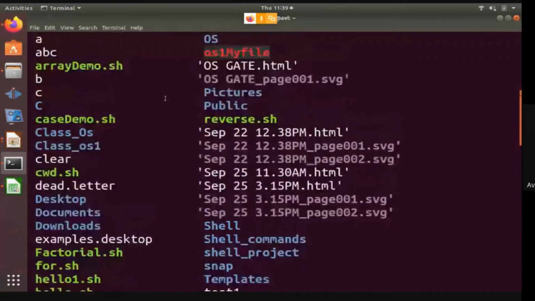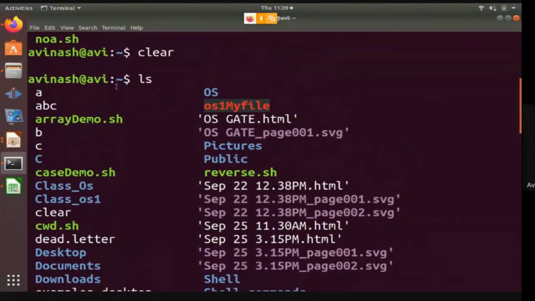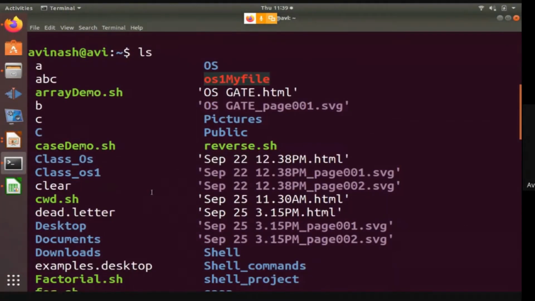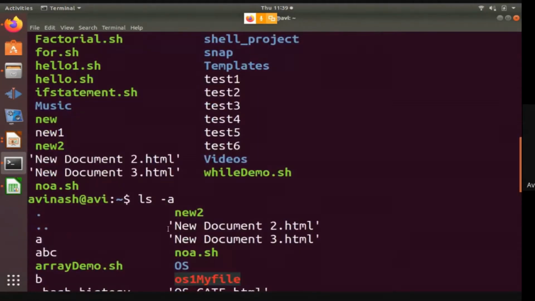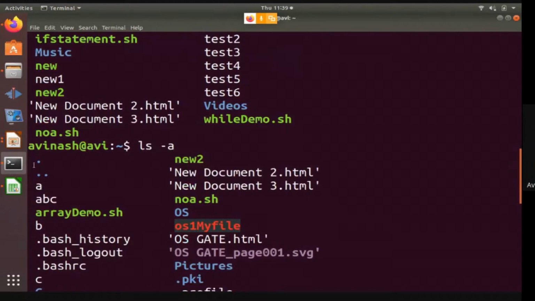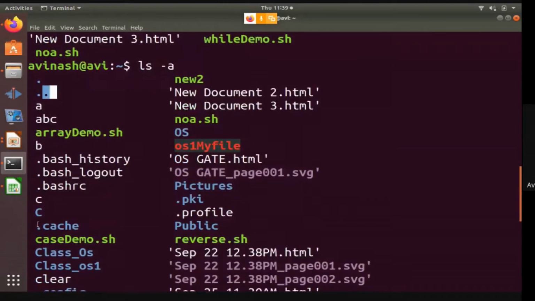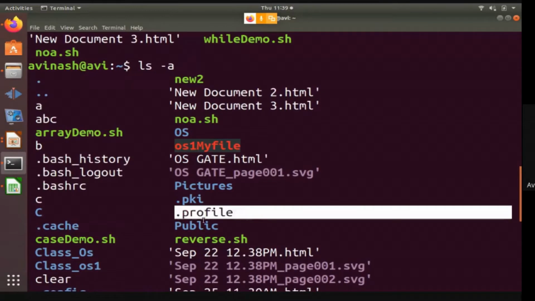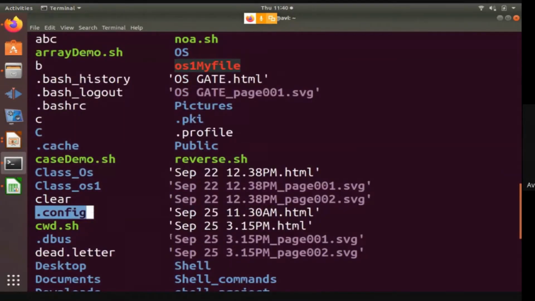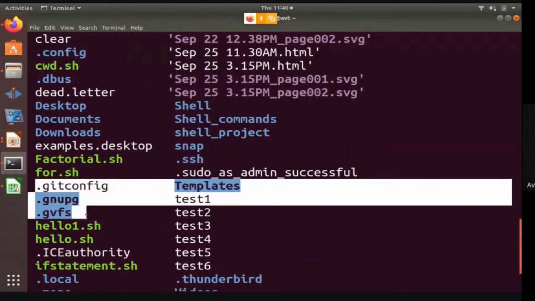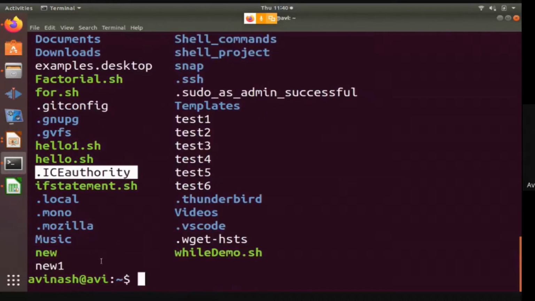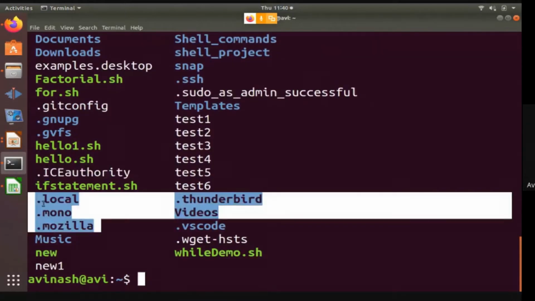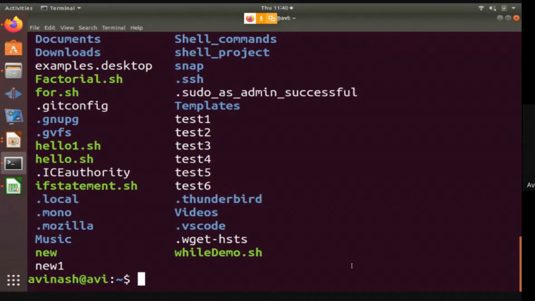Whenever you type ls minus a, it will show you the files and directories which are starting with a dot. These are the hidden files or system files. So the ls minus a option will give you the list of all the files and directories, including system files as well as hidden files. Is it clear?